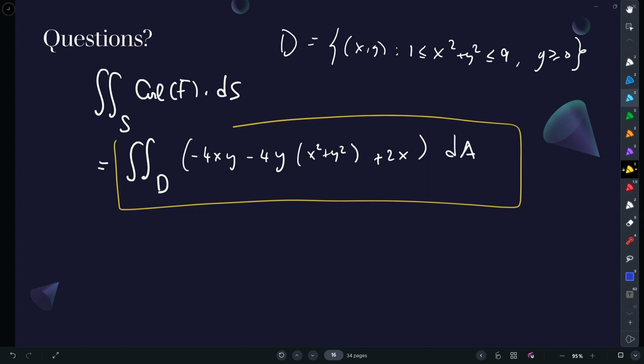Now, if I actually want to integrate this, I would probably use polar coordinates, okay? So can you tell me what D is in polar? So the radius is between 1 and 3, right? You said it right. The radius squared was between 1 and 9, but that might as well say that the radius is between 1 and 3. And theta,